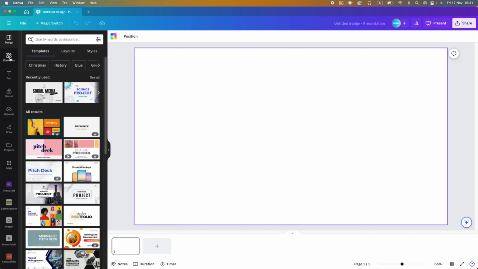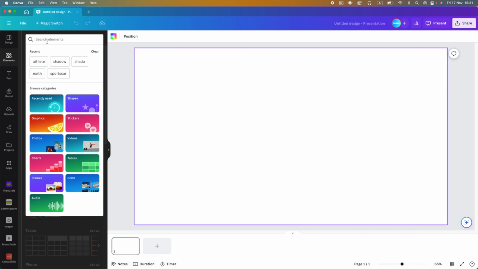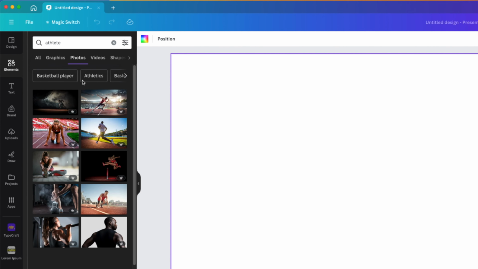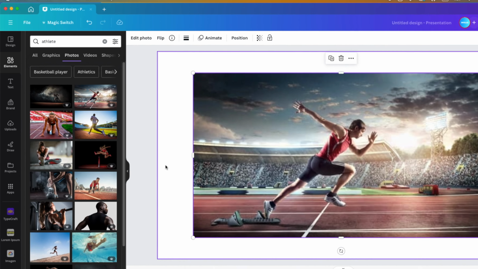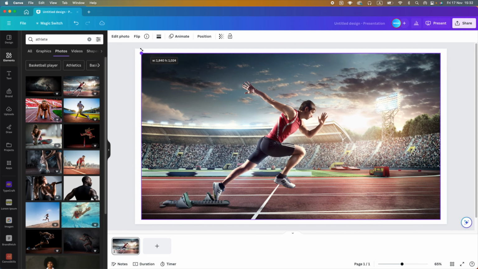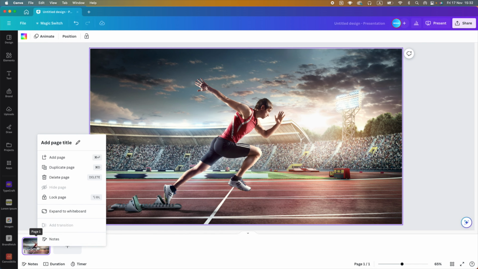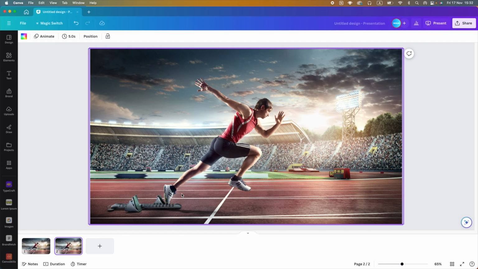Next, you want to go to the Elements tab, and here in Search Elements we type in Athlete. This gives us a bunch of graphics and pictures. In the photos, we want to select whichever one we want. Let's go for the one on the top right, and let's expand it to the full screen, or so it fills the entire screen. We want to right-click, duplicate this page, and then on the duplicate version, select the picture,